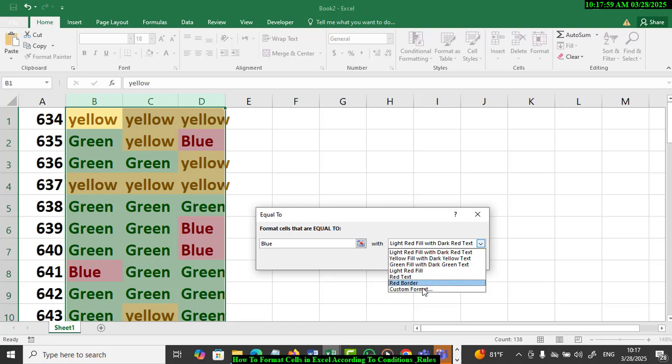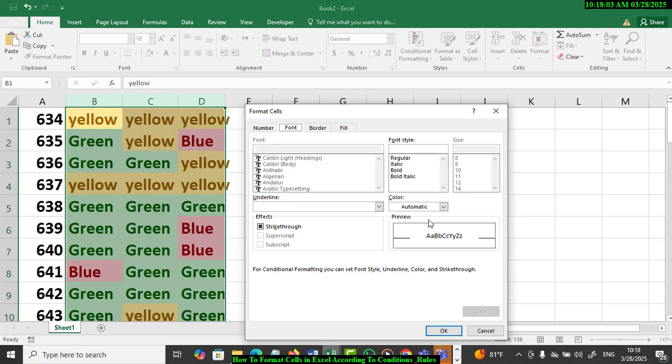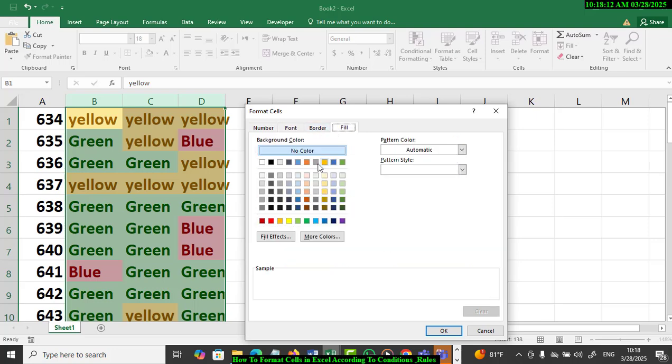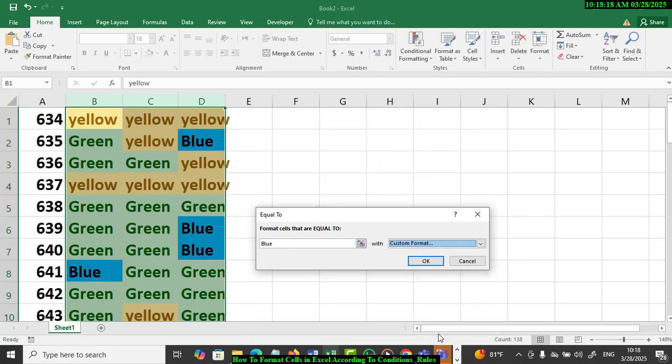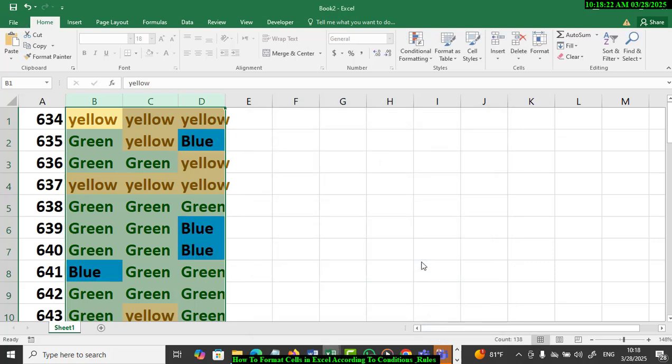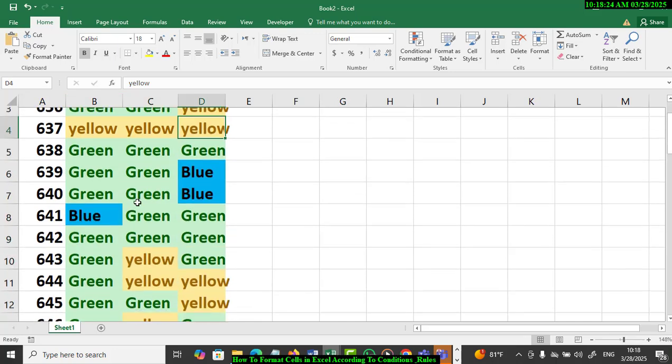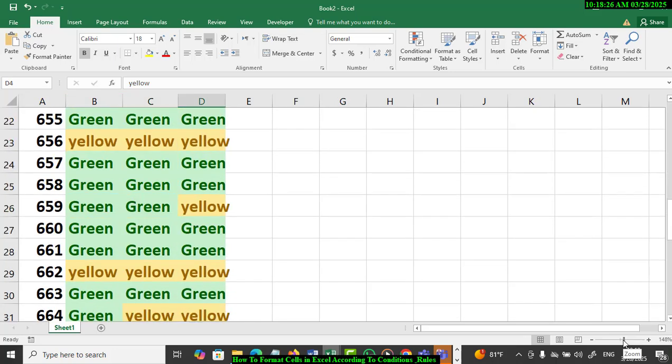If the color is not found, click custom format, and from here select fill, and from here select the color, this color. Okay, and okay, so I have this all like this